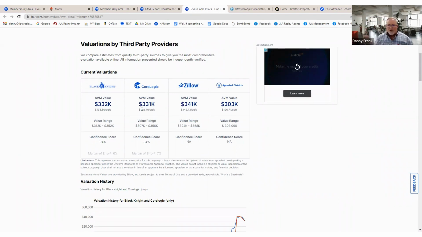I have a piece of paper here, and I'm going to write down these prices to show everybody what we're doing here. So the first price by Black Knight was 332. I'm going to write that down. The next one was by CoreLogic. CoreLogic was 331. And Zillow was 341.